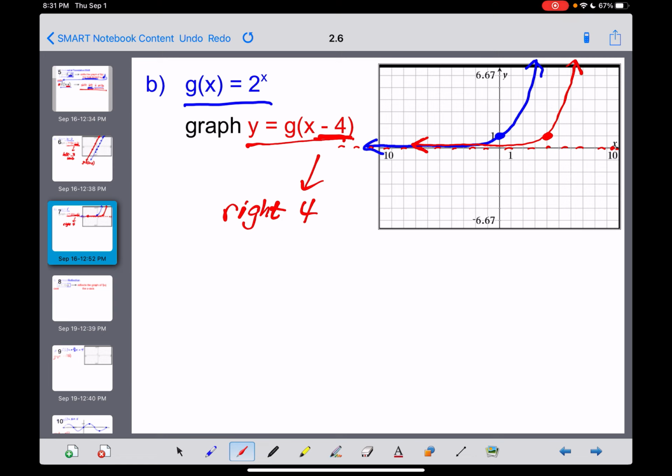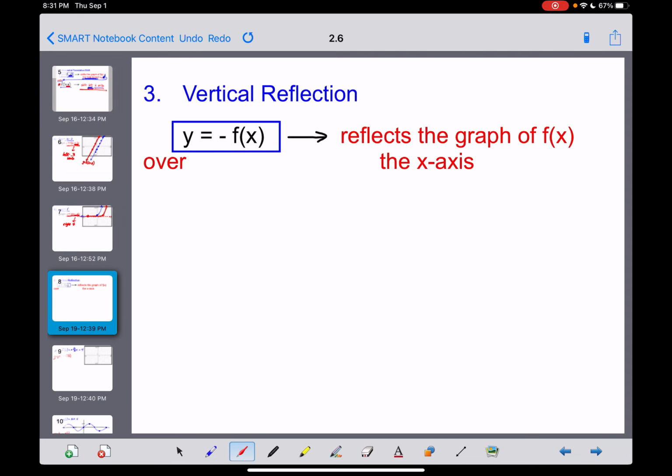So really all we're doing in this section, guys, is we're moving an existing curve in one direction or the other. We just have to figure out whether it's up or down or left or right. Okay, so that's 2 of the 5, I think, transformations we're going to make. We did vertical shifts, and then we just did horizontal shifts. A third one we're going to talk about here, a vertical